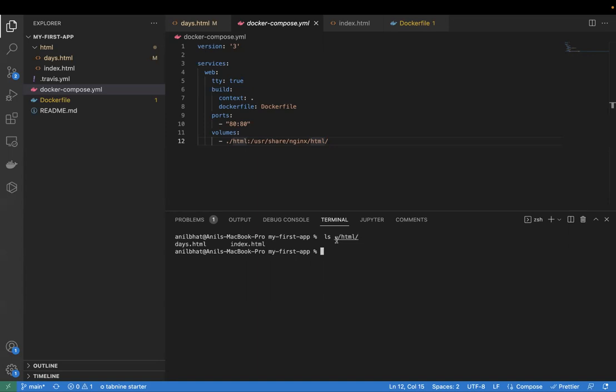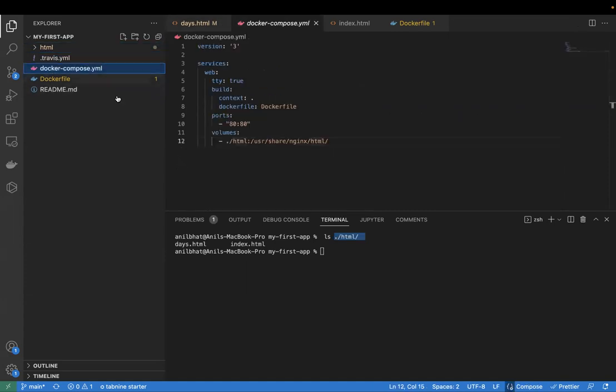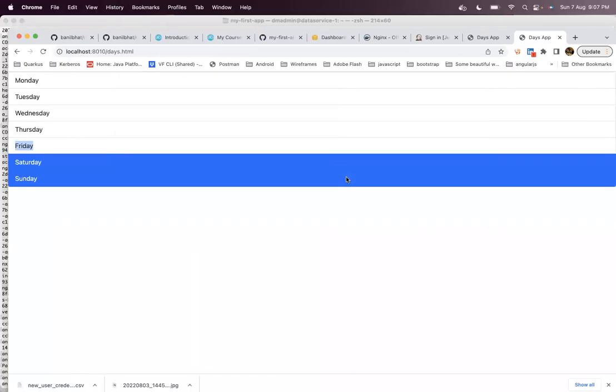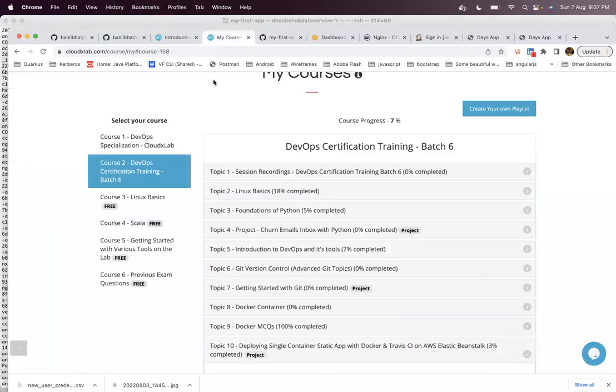See that, right? This .html actually means these two files only. Those are mapped to /usr/share/nginx/html. So that's what we actually do. We can simply run this particular docker-compose YML file. So let me go to the slides to check whether I have covered all things or not.